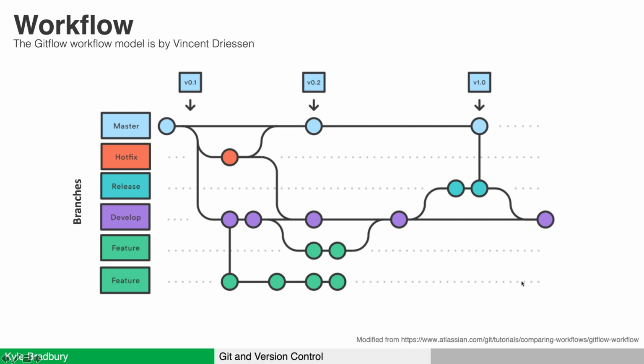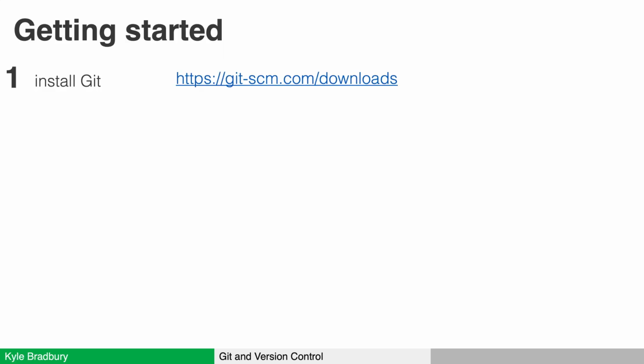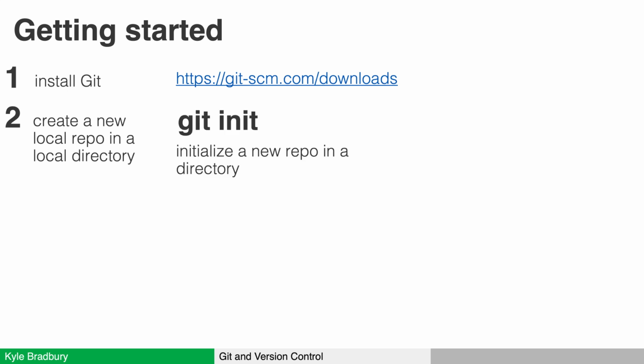So how do we actually go ahead and get started implementing this? Step one, go ahead, download and install Git. This link will direct you to the right location for that. Then go ahead and create a new local repository in a local directory. To do that, you can just start with a blank directory or an existing directory on your computer that's not already a Git repository, and you run the git init command, and that will initialize that